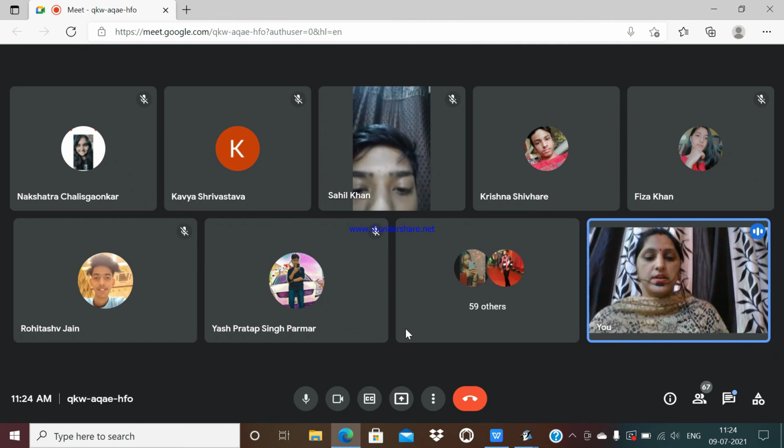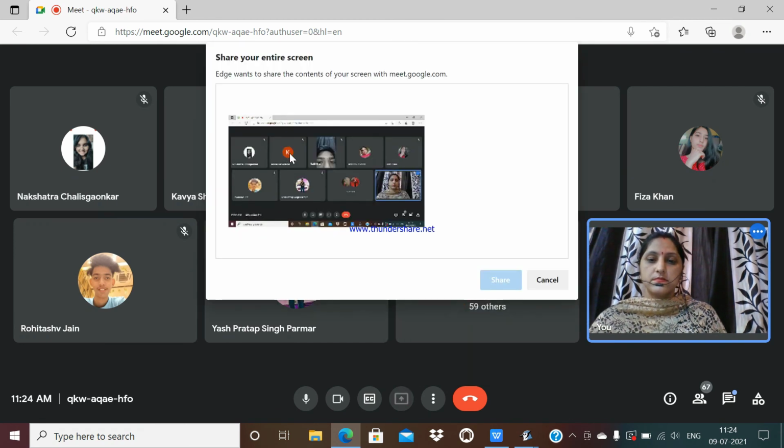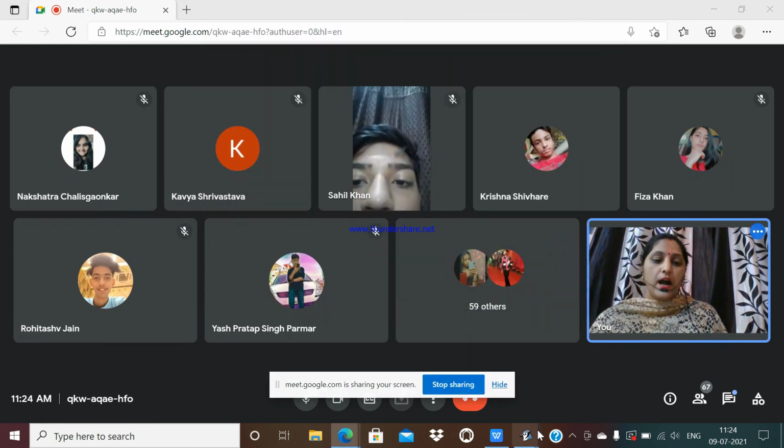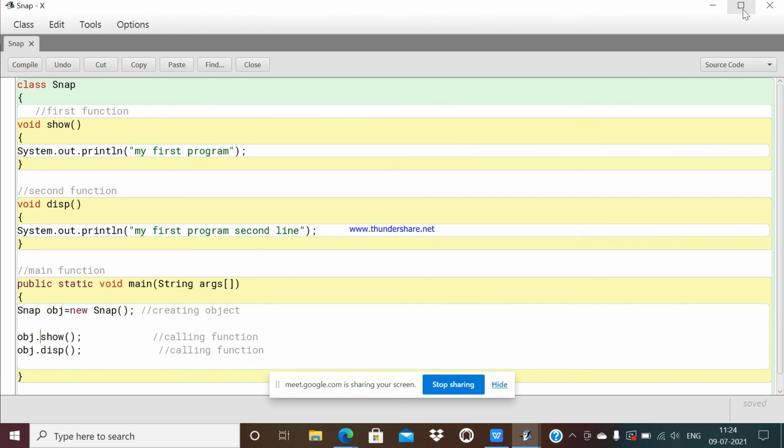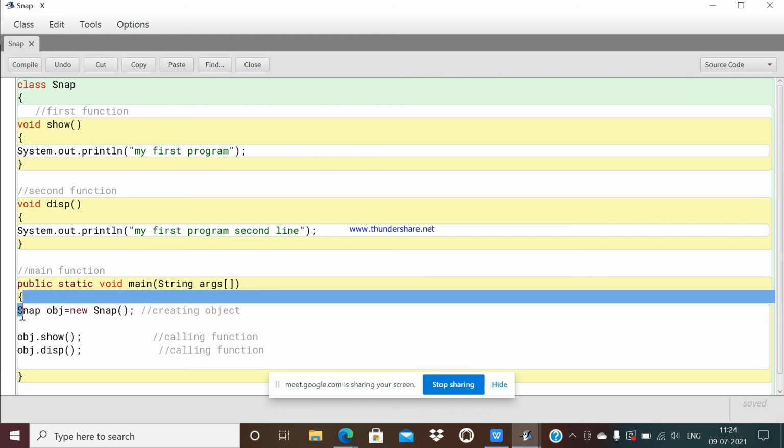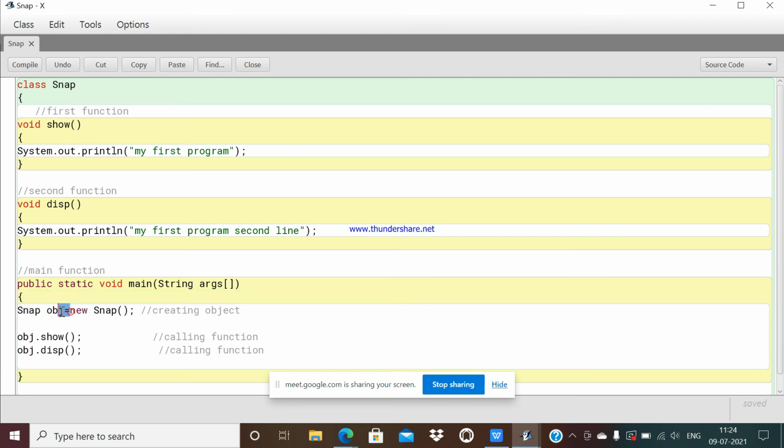Now again I am going to share my screen, students, all of you look here. Now we will see how actually my compiler is going to work. See here, as I told you, as I press the compile button, what will the compiler do? Compiler will first jump to the main function. जैसे ही compiler enters into the main function, he will see कि oh, this student has made an object of a class Snap. मतलब उसको यहाँ पर आने के बाद क्या पता चला कि अरे यहाँ पर तो एक ऑब्जेक्ट है जिसका नाम क्लास है, तो मुझे उस क्लास में जाना पड़ेगा.